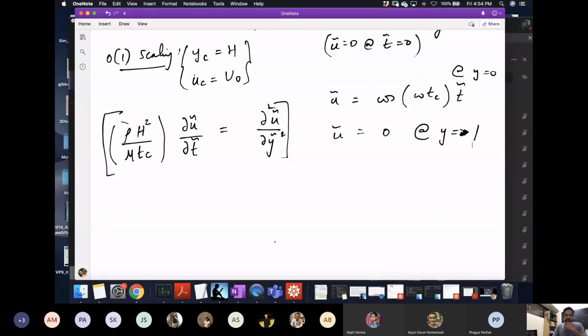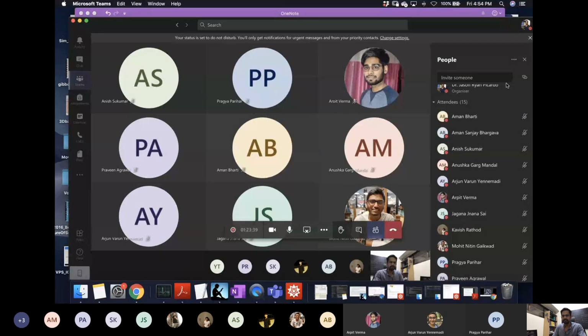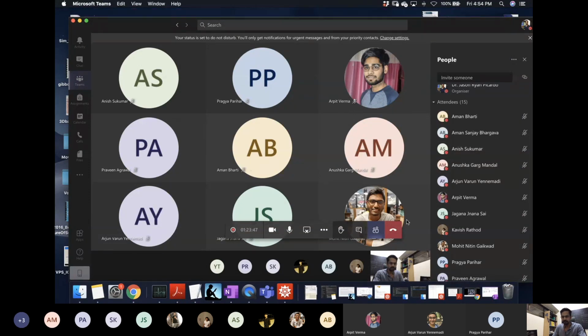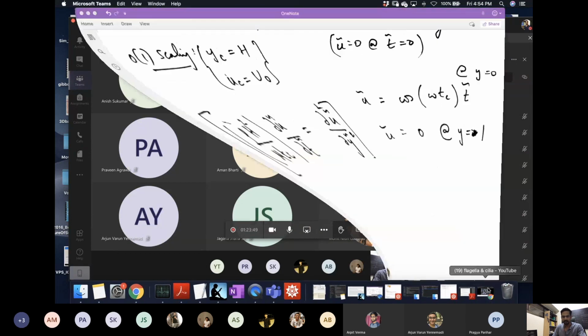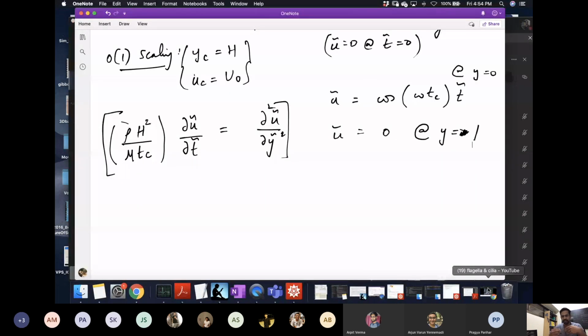Okay, so now we are beautifully set up to go to the heart of the problem. What we are left with now is we have to somehow choose our characteristic time scale. Before I continue, does anyone have a question here? Okay, good. So we have just done what we did in the previous example also. Now, just by following this procedure, we have to choose a time scale.